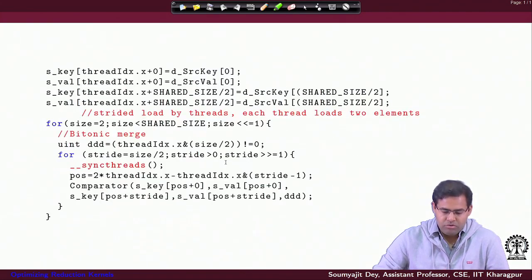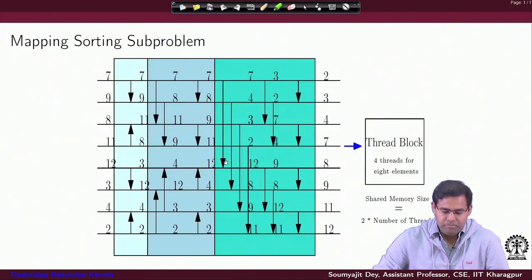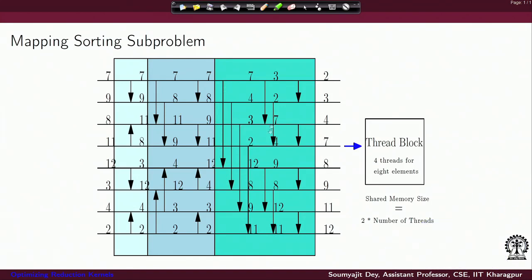Now, if we go back to our original picture, this is my merge stage. In this merge stage, we have a validation that directions are all the same. We are trying to do an ascending output, so all the arrows are downward. We want the max values to all flow down.